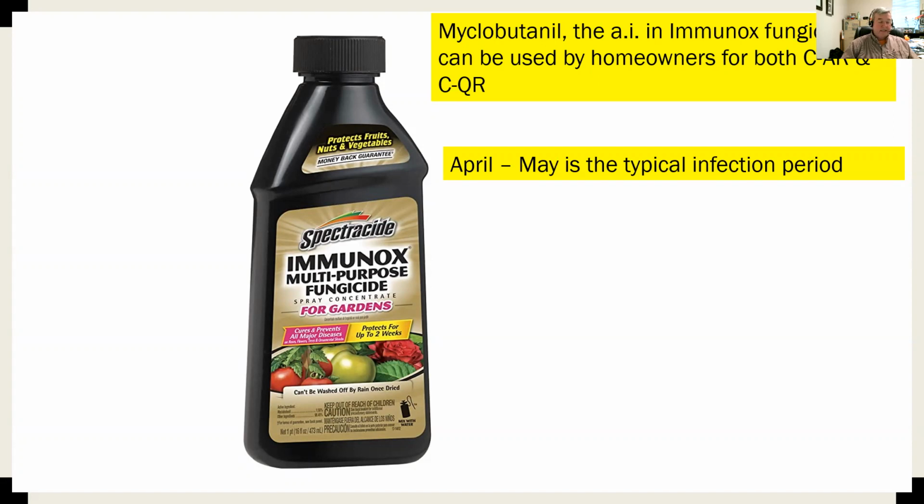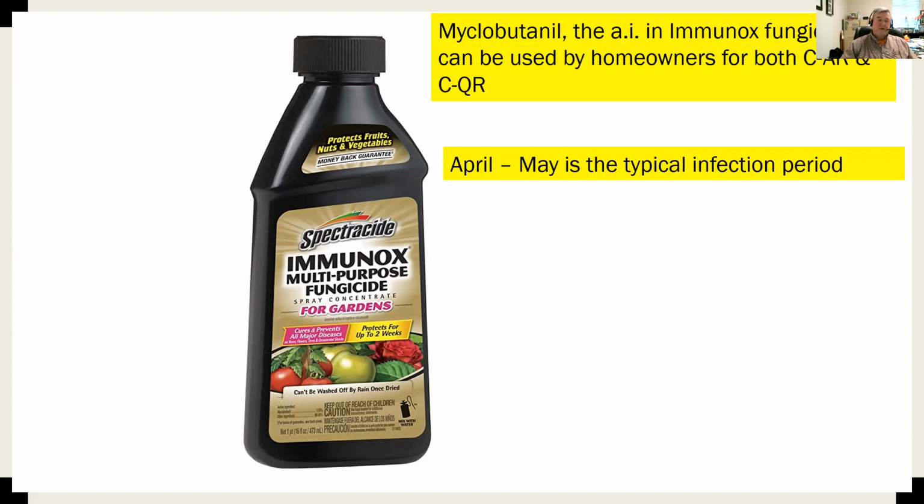Now, treatment needs to begin before the leaf tissue becomes infected, and that's going to be through the April and May time period. April and May is a typical infection period. If you're going to try to protect susceptible species in your landscape from infection from cedar apple rust or cedar quince rust,